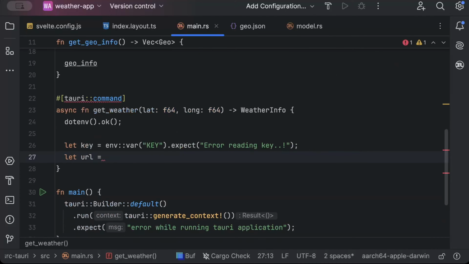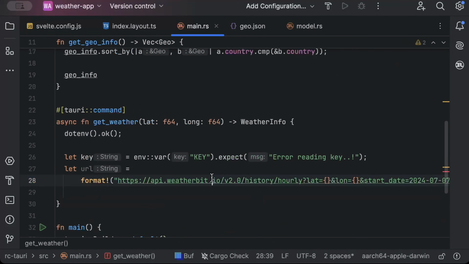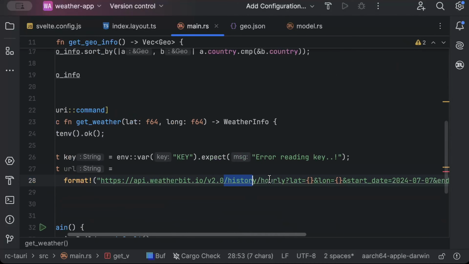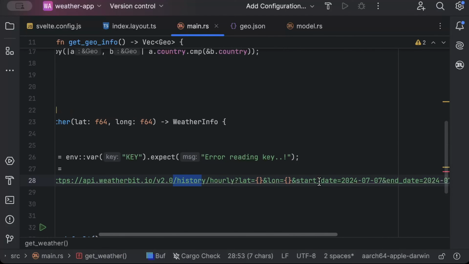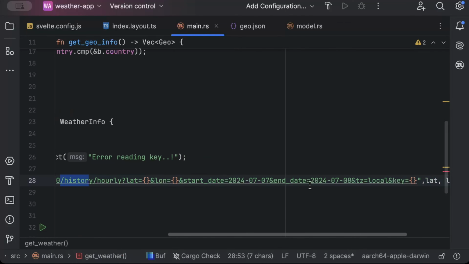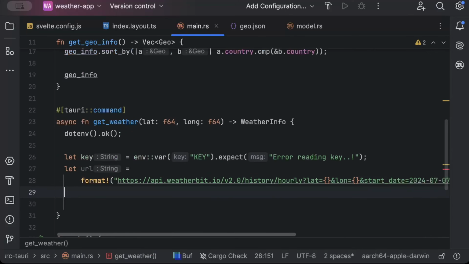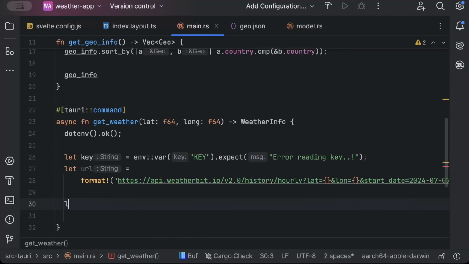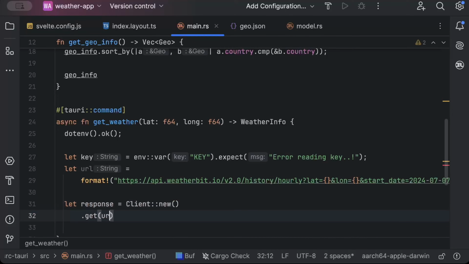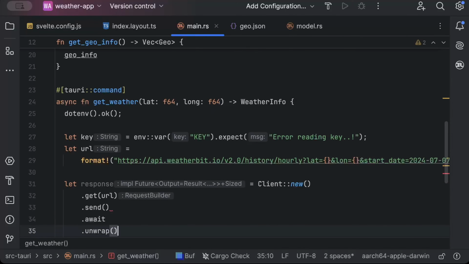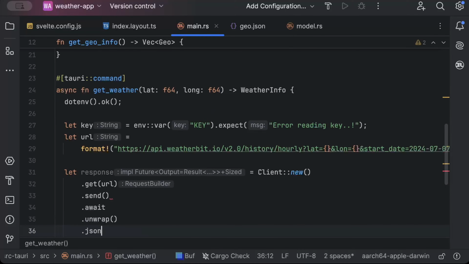And we'll just set our URL. Let me quickly add it. So this is how our formatted URL looks like. We are using the hourly history endpoint and passing latitude, start time, end time. I'll just add constants for start time and end time for now. And let's go ahead and send the request. So we'll just do response = client.get(url).send().await.unwrap().json() and parse to response,